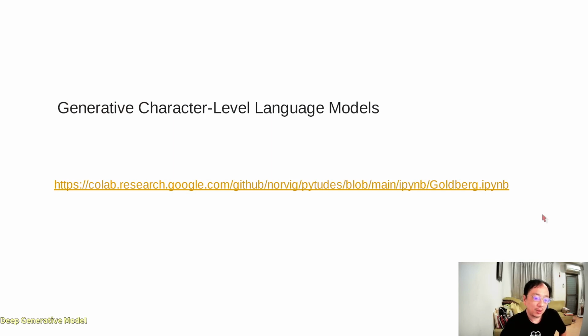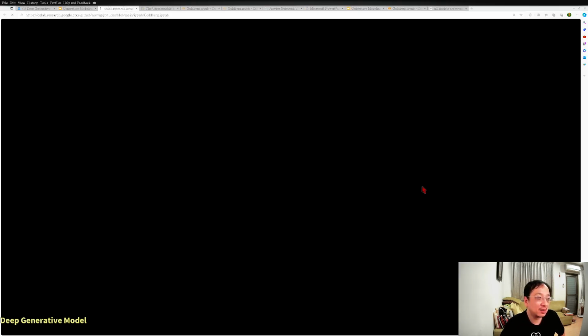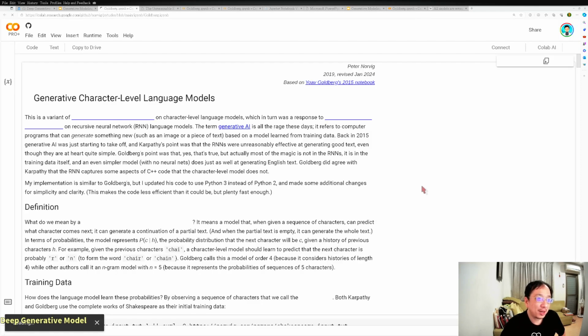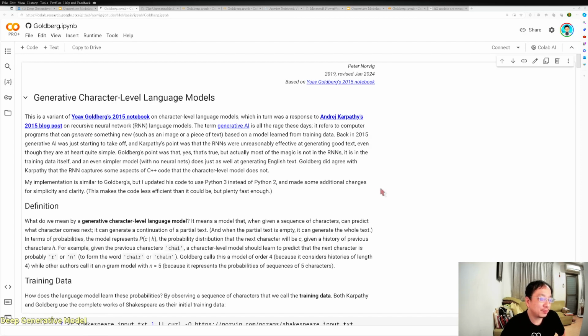In this video, we are going to introduce a very famous implementation of a generative character level language model, which is basically this GPT notebook. This notebook is implemented and written by Peter Norvig, which I believe is one of the very famous people. And this one is actually based on another notebook, or you can see it as a modernized version of this notebook from Goldberg